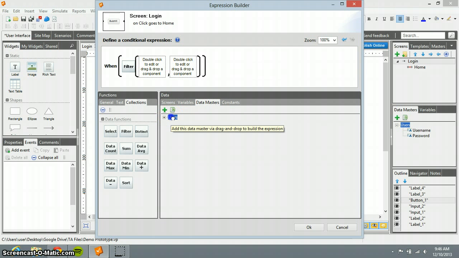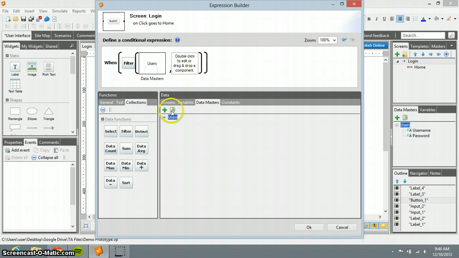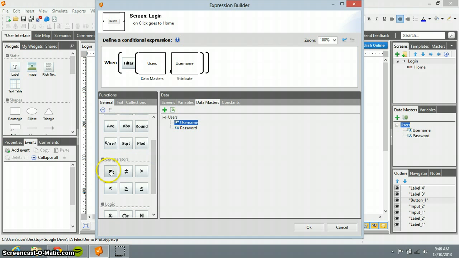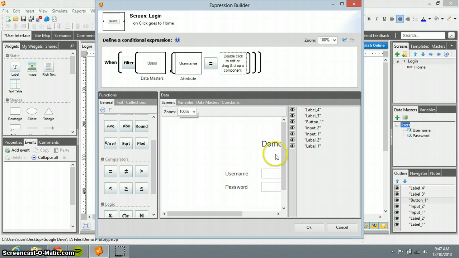So we take the users, put it in here, and we're going to say when the username, and then we're going to find the equals, which is in general. So when the username of the data master equals the username inputted here,